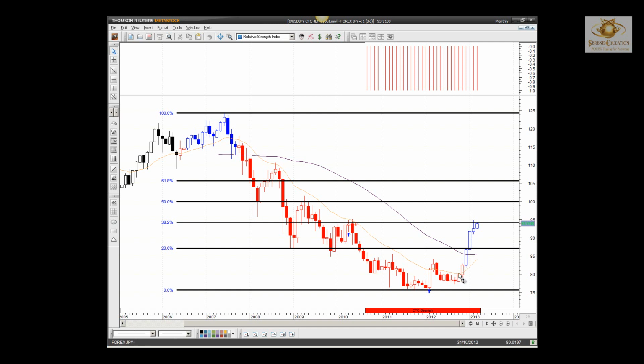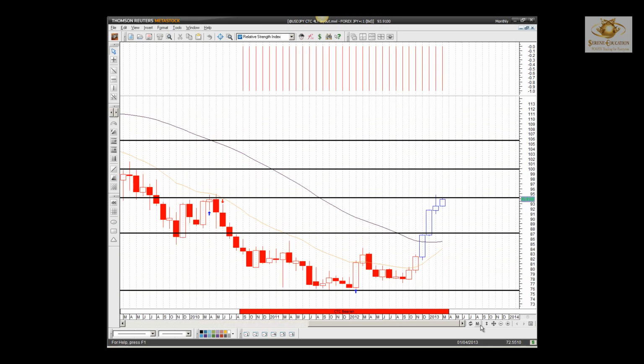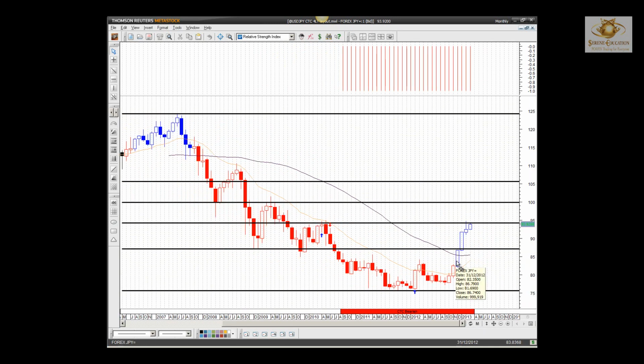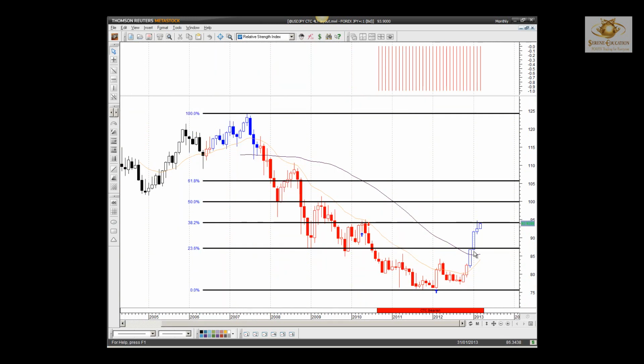Look at the sentiment over here, guys. Very, very bullish compared to this negativity here. Buying straight into 23.6, and as I mentioned, moving into a major support and resistance level. This is a monthly chart, so you can see quite clearly as we headed into that 23.6, around about the 87 mark, price anchors, holds, and you can see price actually consolidated for a while before we saw price breaking out.